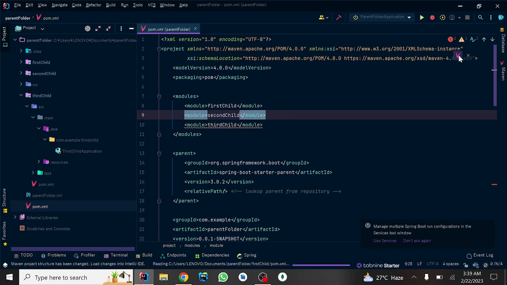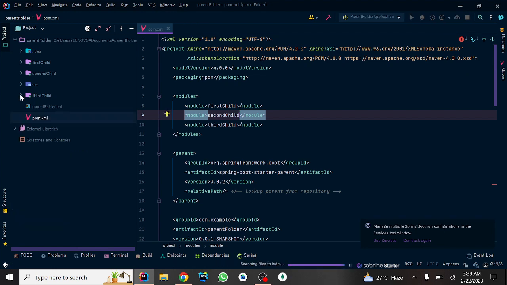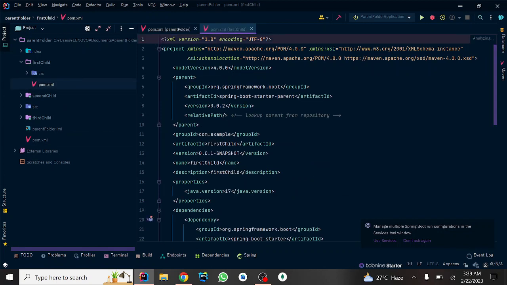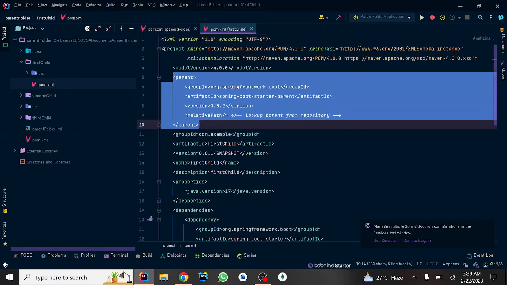We're done with the first basic stuff of connecting the children to the parent. Now let us connect the parent to each child. Now the parent already knows the modules it's going to be working with. Now let us make the children have access to the parent too. So we can delete this off and say,